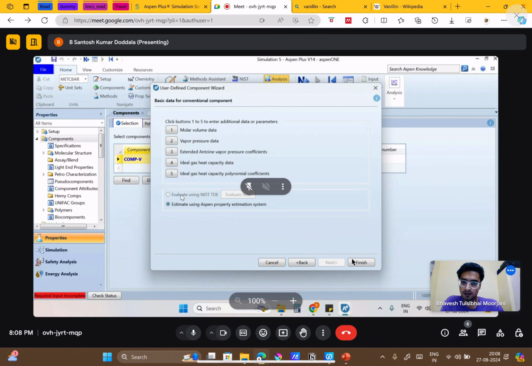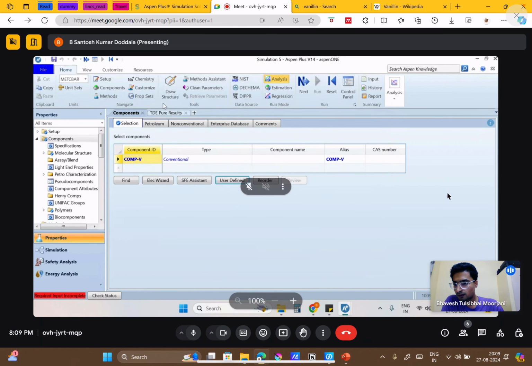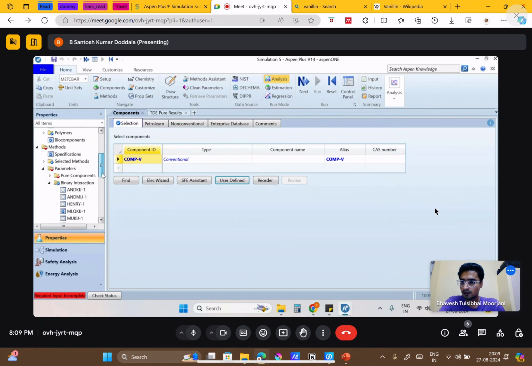Oh, I think because we evaluated from NIST. Can you close this window? Scroll down on the left hand side panel. Further, go down. There should be this estimation. So click on estimation.